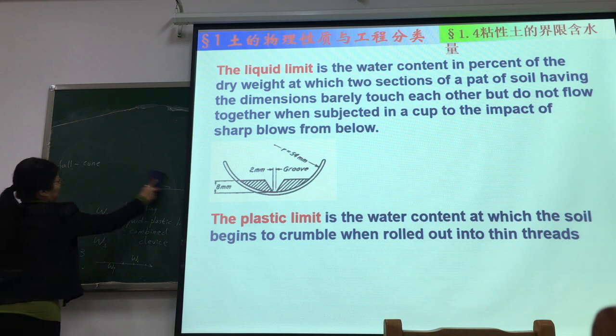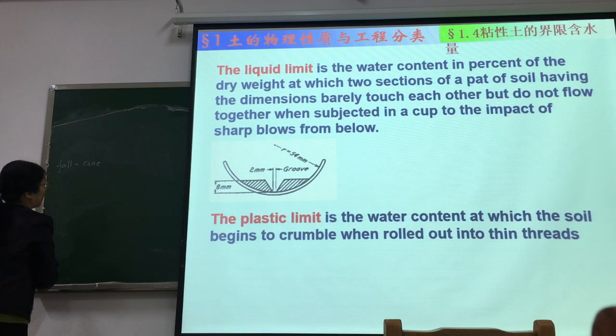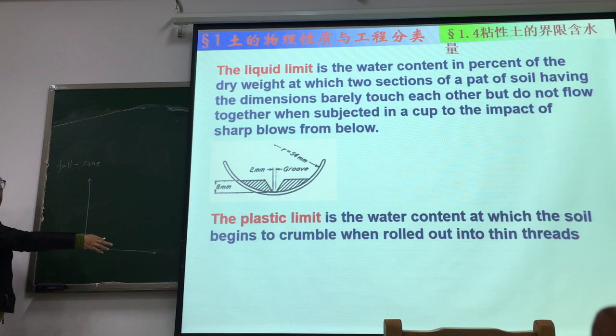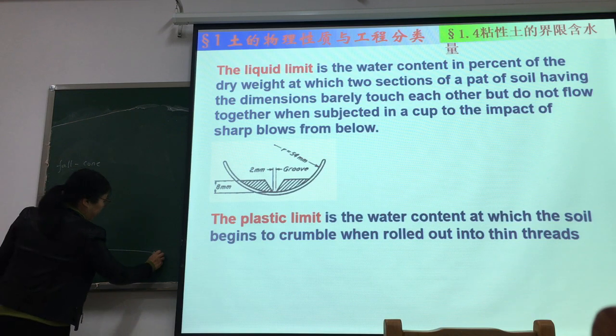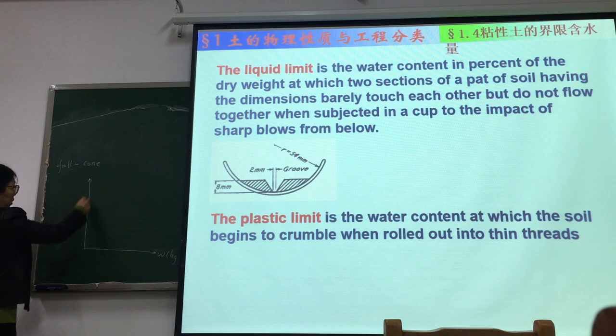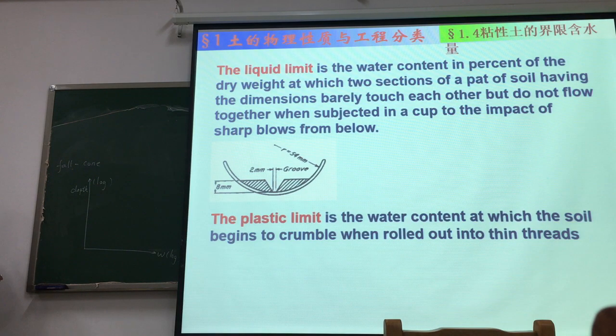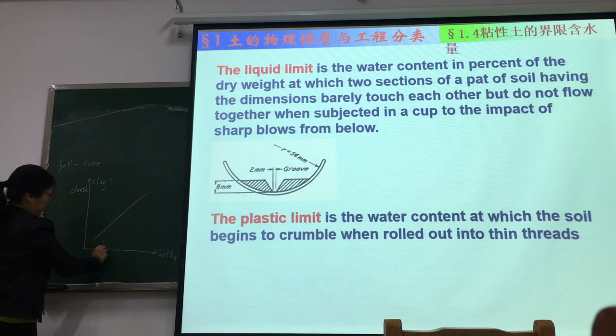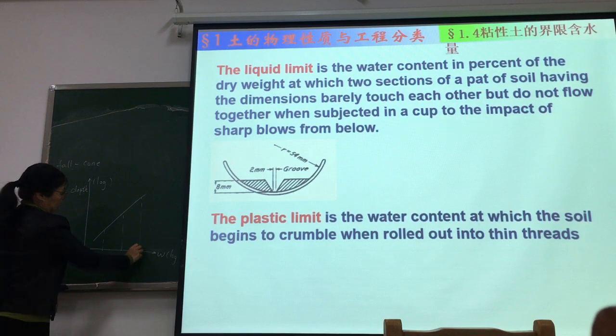And when we determine the liquid or plastic limit, we use a log plot. Yes. Here maybe water content is on the horizontal axis. Okay. That is the vertical, the depth, so we can draw a line, like this. Maybe,